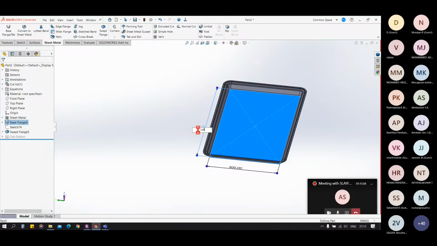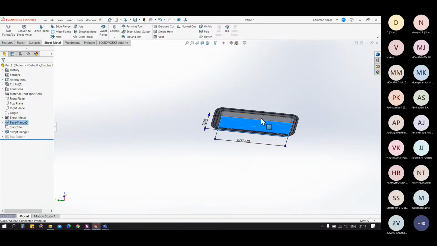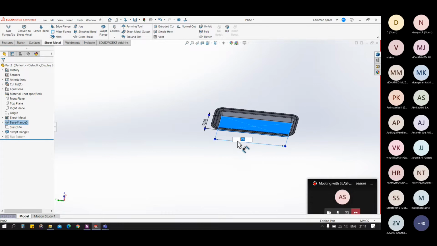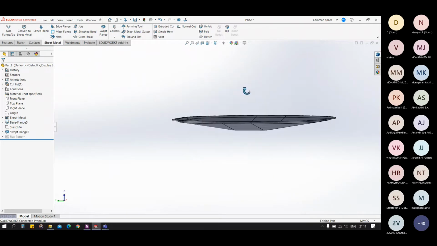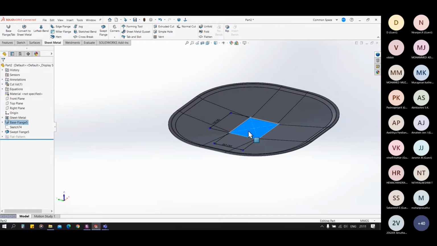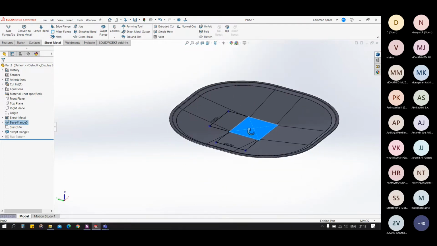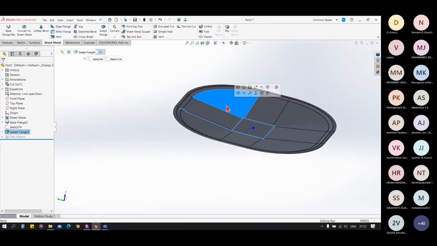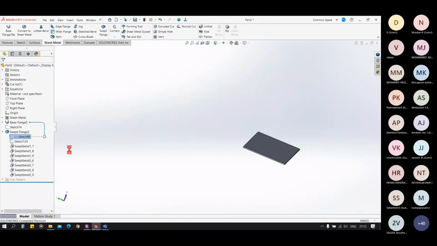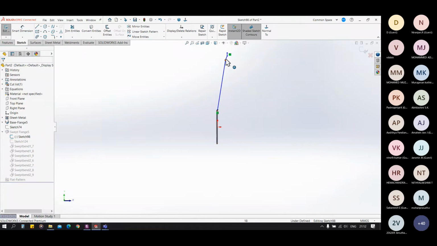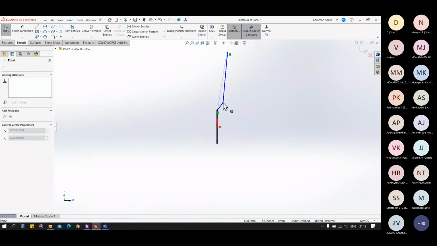And when we change the dimension, you can see it will change automatically. This is now the problem in the sketch, because I didn't constrain the profile sketch. So every time you draw a sketch, you must constrain it. Remember this.